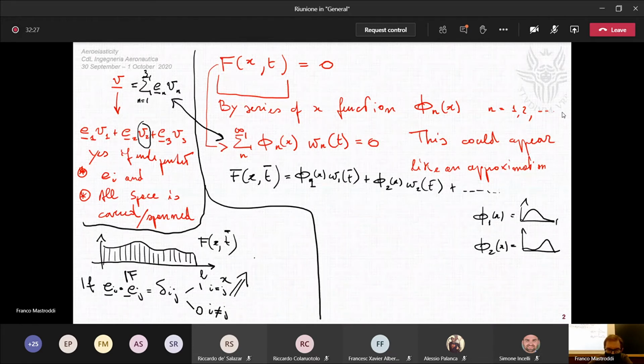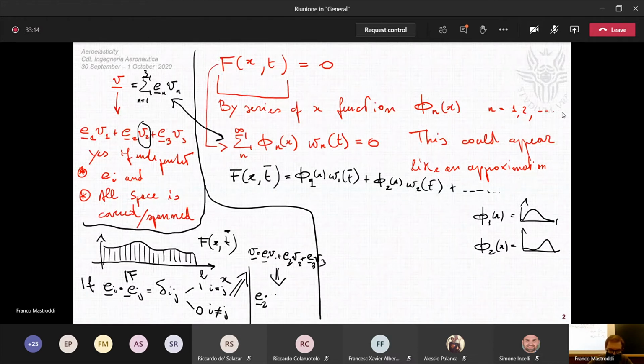You have v equal to e1 v1 plus e2 v2 plus e3 v3. Okay? You can multiply both sides of this equation by e2 because we want to calculate v2. I know that this is trivial, but this is the exact parallel between the theory of vectors in finite dimension and vectors in infinite dimension, which is the theory of functional analysis. Okay? So if you multiply by e2, you have